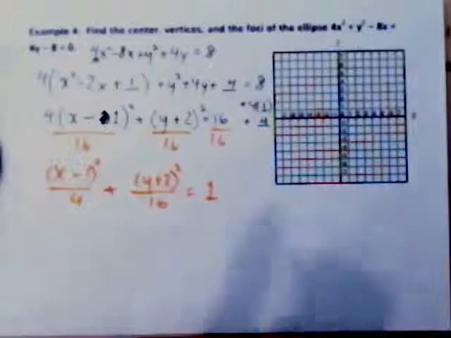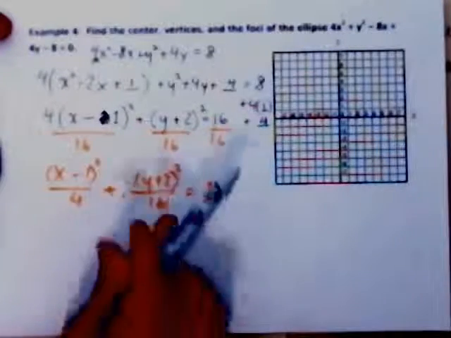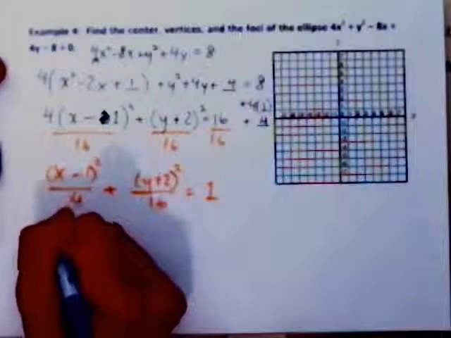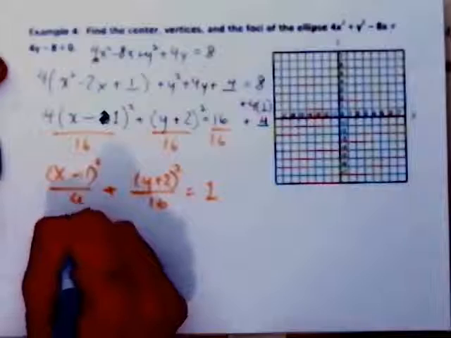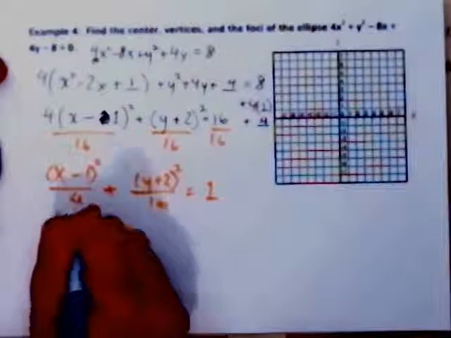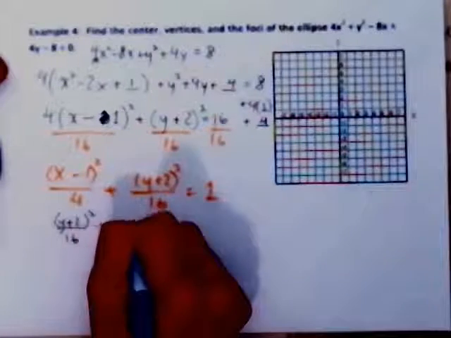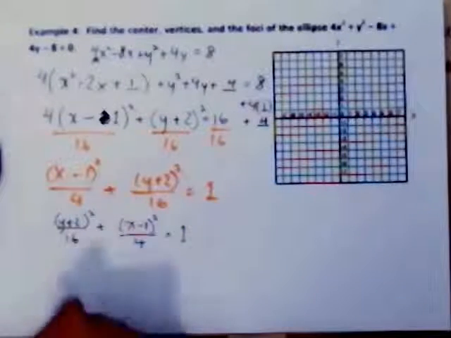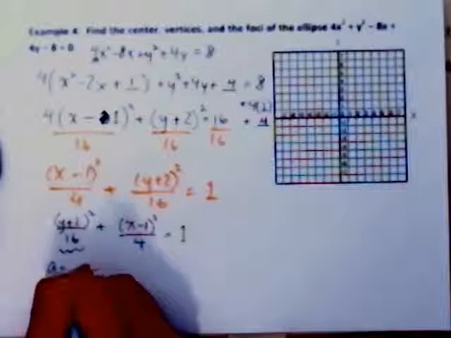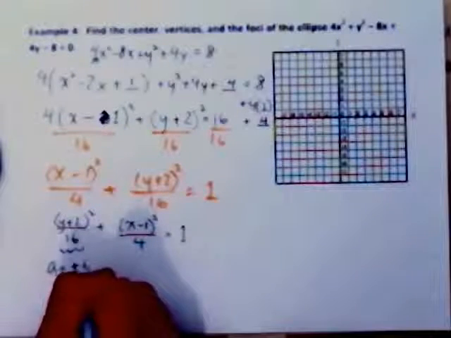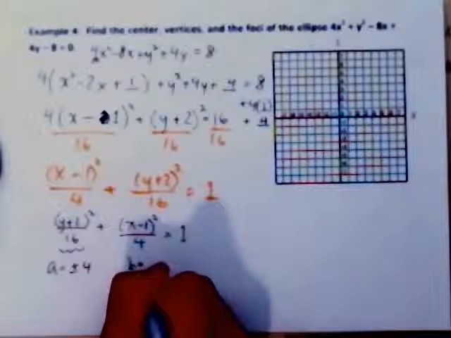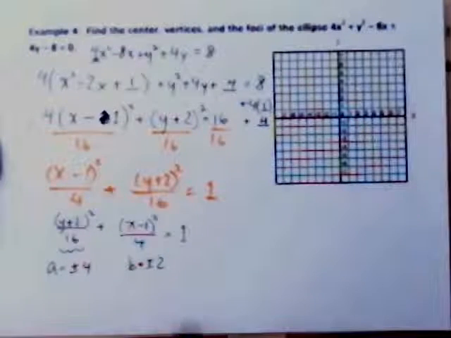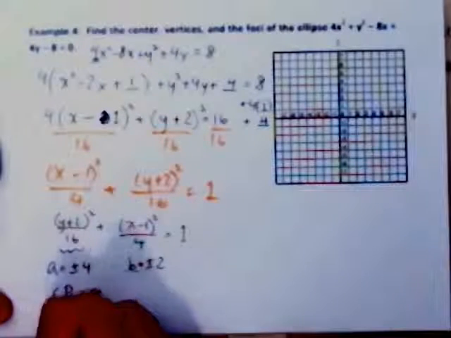Almost there. Last part. This is our a value. I like to put this in the front just to make sure where your a value is. Y plus 2 squared over 16, plus x minus 1 quantity squared over 4 is equal to 1. That's our a value. A squared is equal to 16, so a equals plus or minus 4. Our b squared equals 4, so b must be plus or minus 2. And where's your center point? It's going to be the